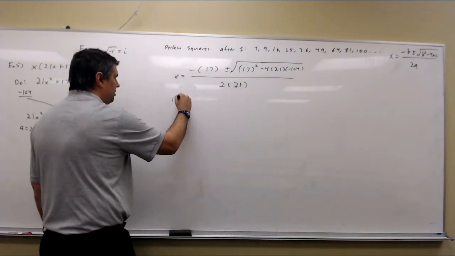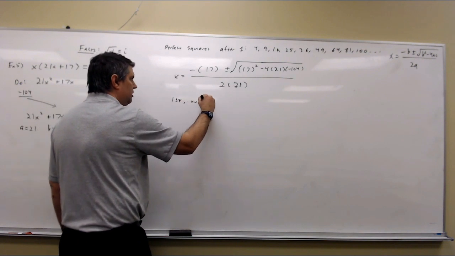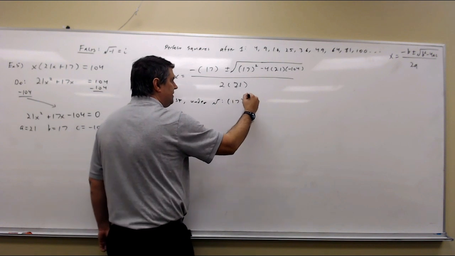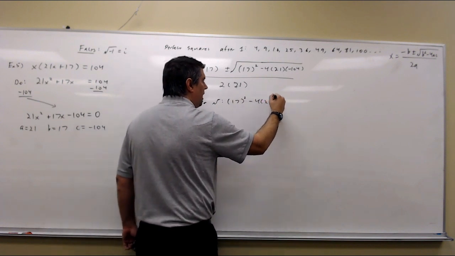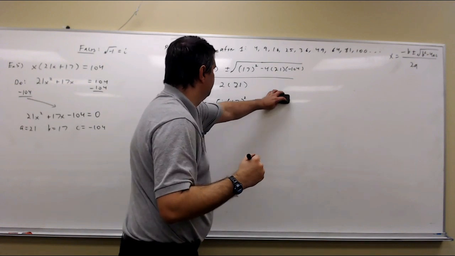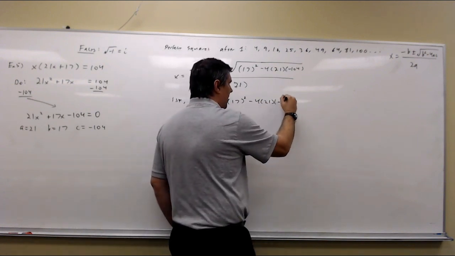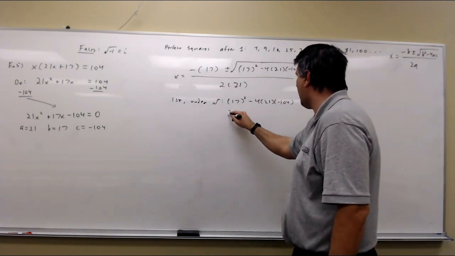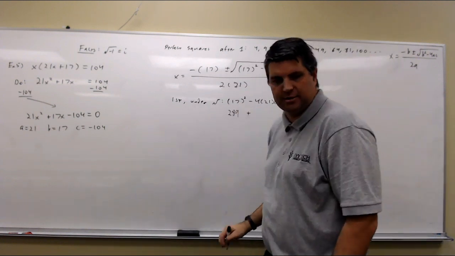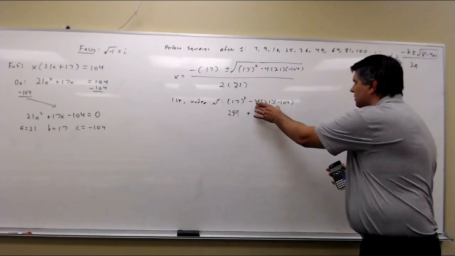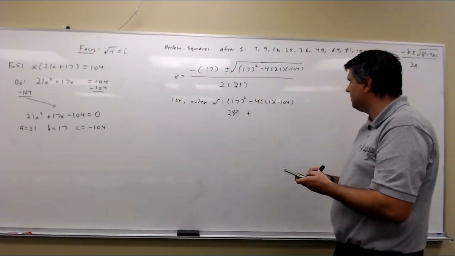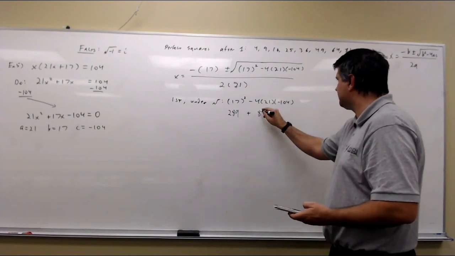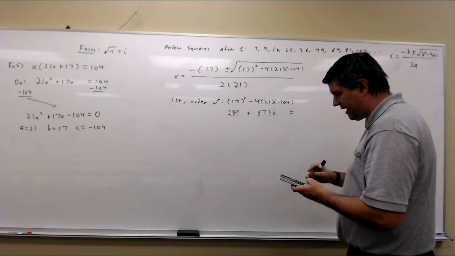Okay, so first, under the radical, 17 squared minus 4 times 21 times negative 104. That's going to give me 289 plus, because there's 2 minuses there, so that's going to be a plus, 8736, which I believe will give me